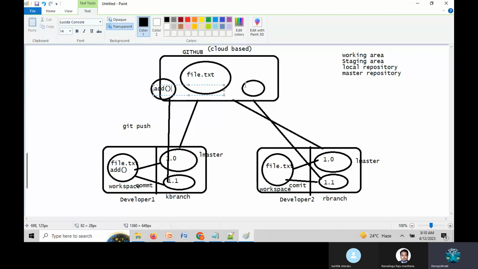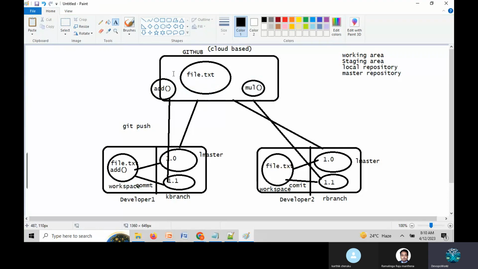Ram also has the multiplication functionality. Once these branches are pushed, automatically your team leader gets an approval request on whether the changes can be approved into the master branch or not. He can then merge it. This is called the merge process. Your team leader will merge your changes, like this add functionality.